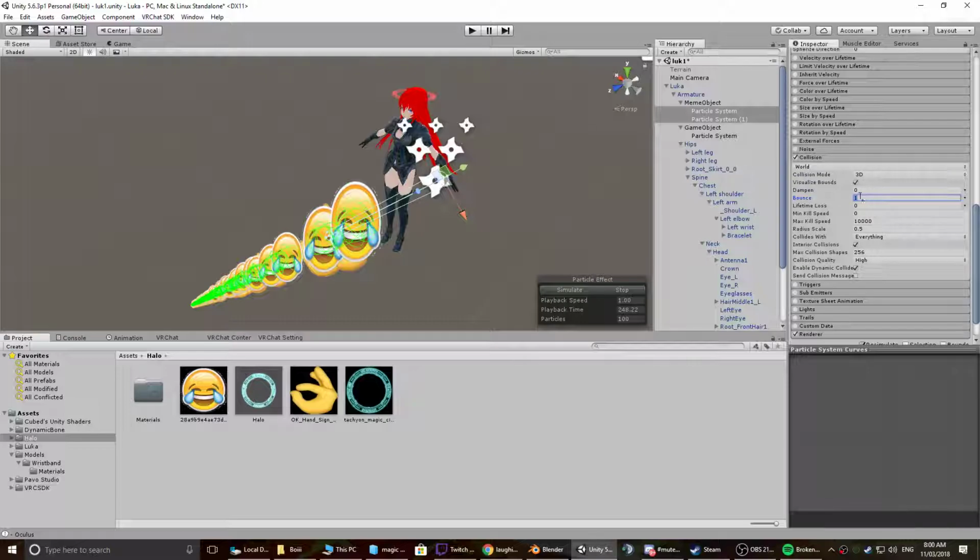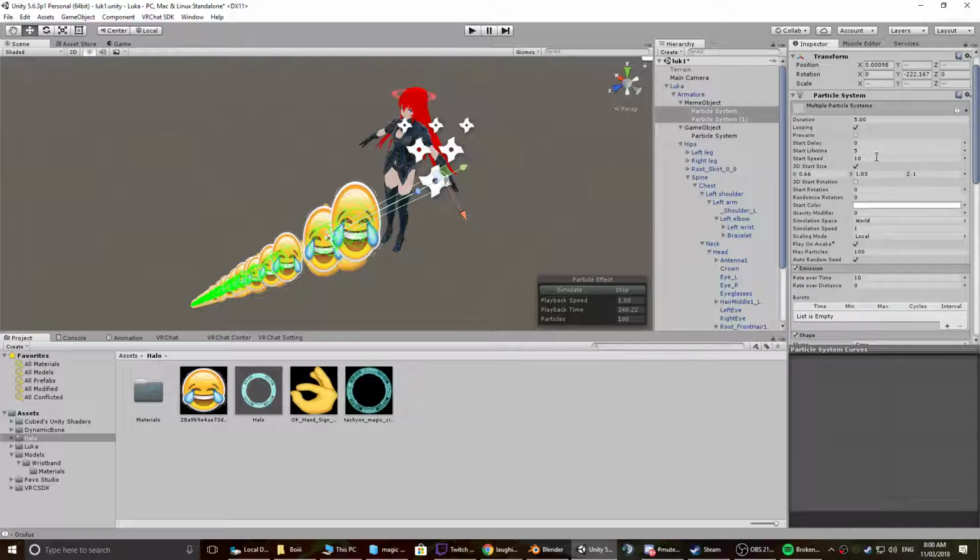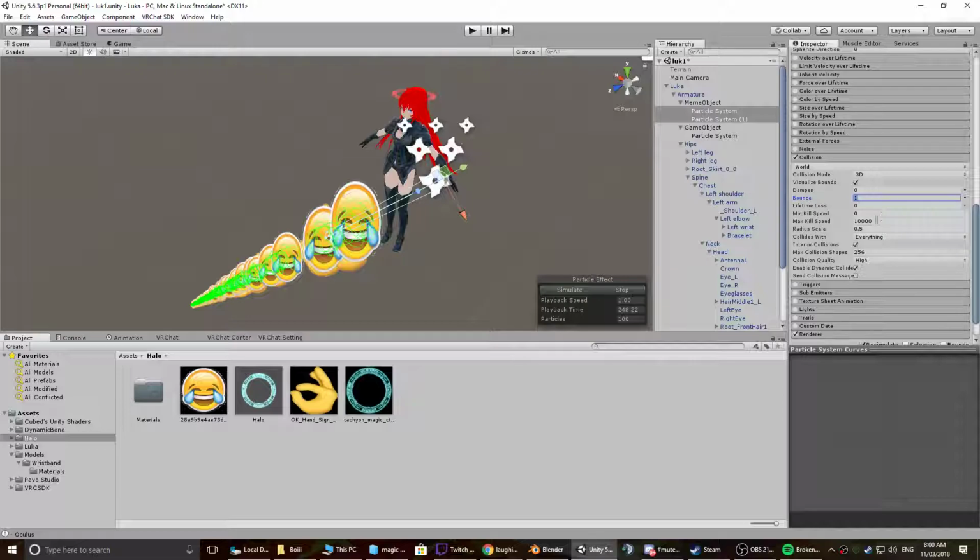Bounce. So this will bounce the percentage of the speed that it is currently going. So 1 means it will bounce back at the exact same speed that it is traveling, which is a speed of 10. If you want it to disappear, you've got your min and max kill speeds. And if we want it to bounce around, but not too much,